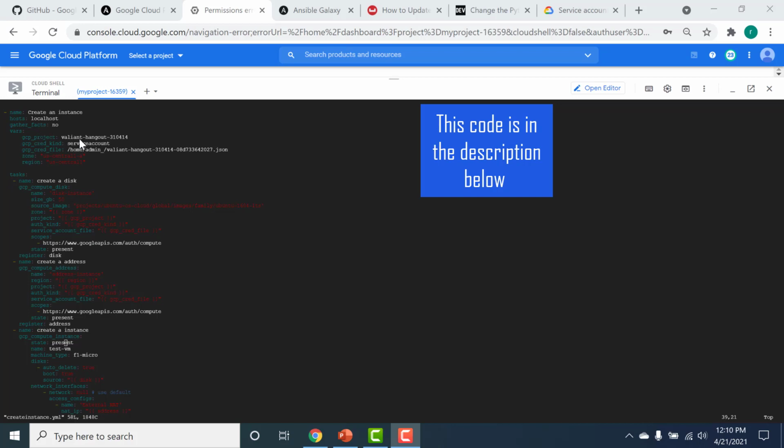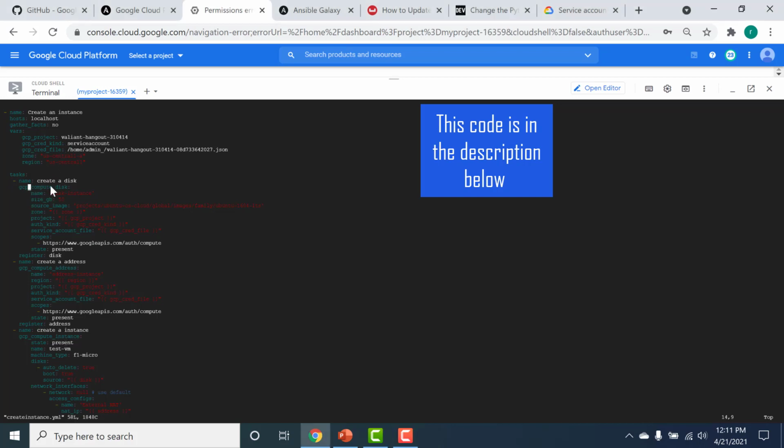This is basically the project within which I would create my instance. The credentials type would be again a service account. The credentials file would again be the key to your service account. You can also provide the zone and the region as variables that you can use later on in the modules. So I'd be using three distinct modules.